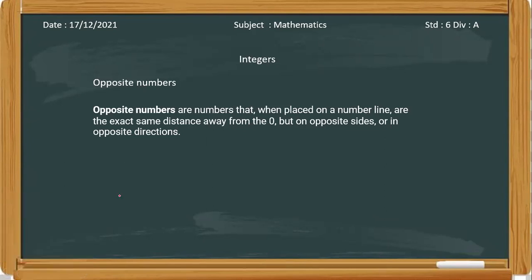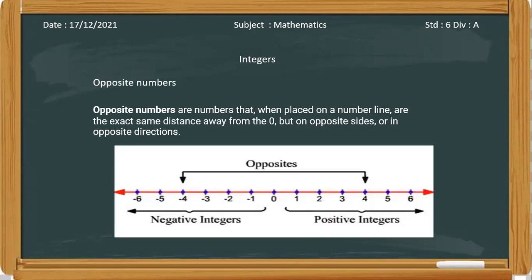Okay. So this is the number line. You know this 1, 2, 3 are positive numbers which are on one side of 0, and minus 1, minus 2 are the negative numbers which are on the other side of 0. So what are opposite numbers? See, this 1 and this minus 1. The distance between this 1 and 0 is 1, and the distance between 0 and minus 1 is also 1. See, the distance of this 1 and minus 1 are the same. But the signs of the numbers are different, right? So these are opposite numbers. This 1 and minus 1 are opposite numbers.